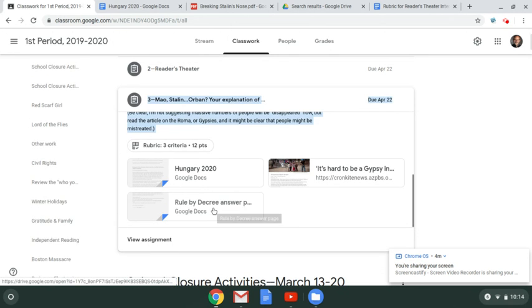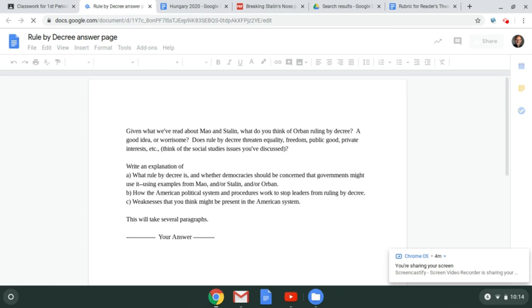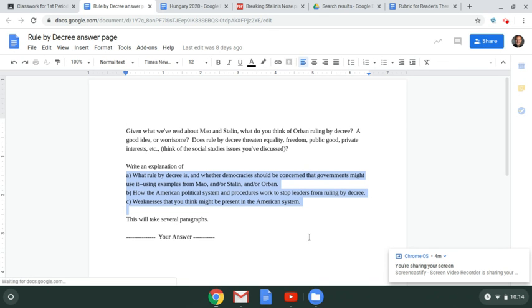And then what you'll do is write a multi-paragraph essay. I don't want to say short because it's going to take some work, where you deal with these three things, A, B, and C. First, you explain what rule by decree is. That's what happened in Hungary. Explain whether democracies should be concerned about rule by decree. Use examples from all three cases: Mao, Stalin, Orban. And then a